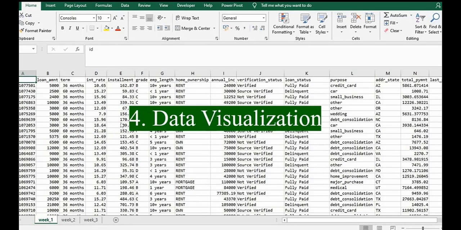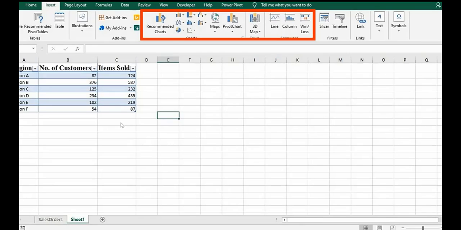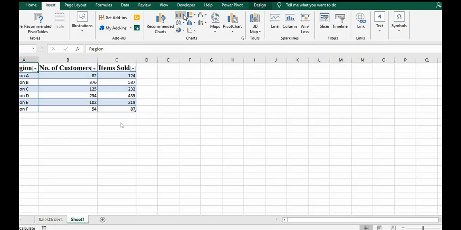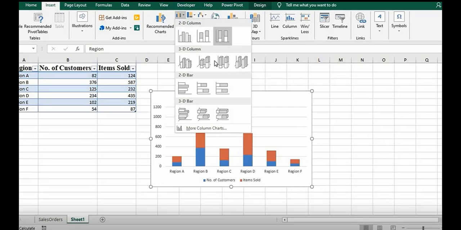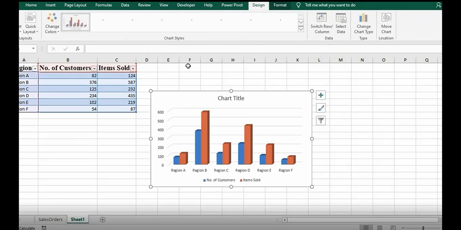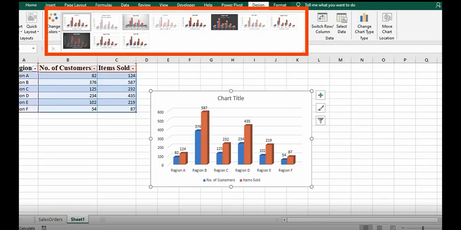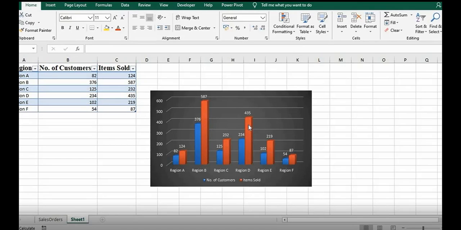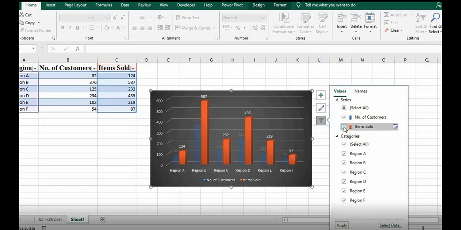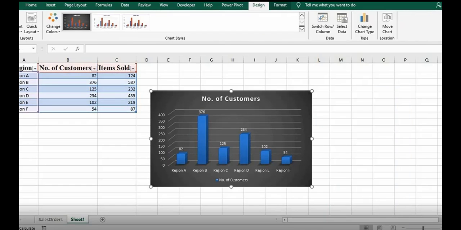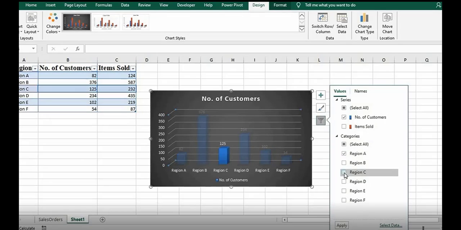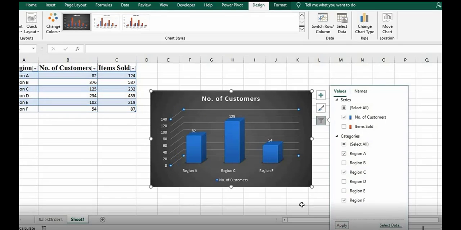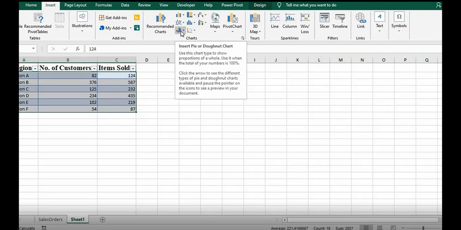Next is data visualization, which is the graphical representation of information and data with the help of visual elements like charts, graphs, and maps. Data visualization is definitely a need of the hour, because you cannot represent your data on an Excel sheet in a meeting, because it is a dull way of representing your work. It is surely not recommended, because you have so many options, so many ways of presenting your work in a graphical way in Excel.